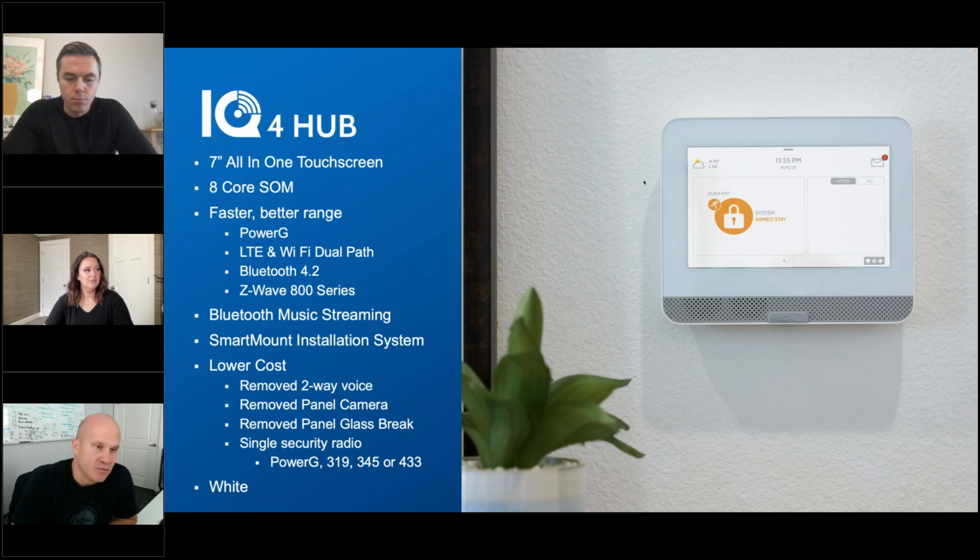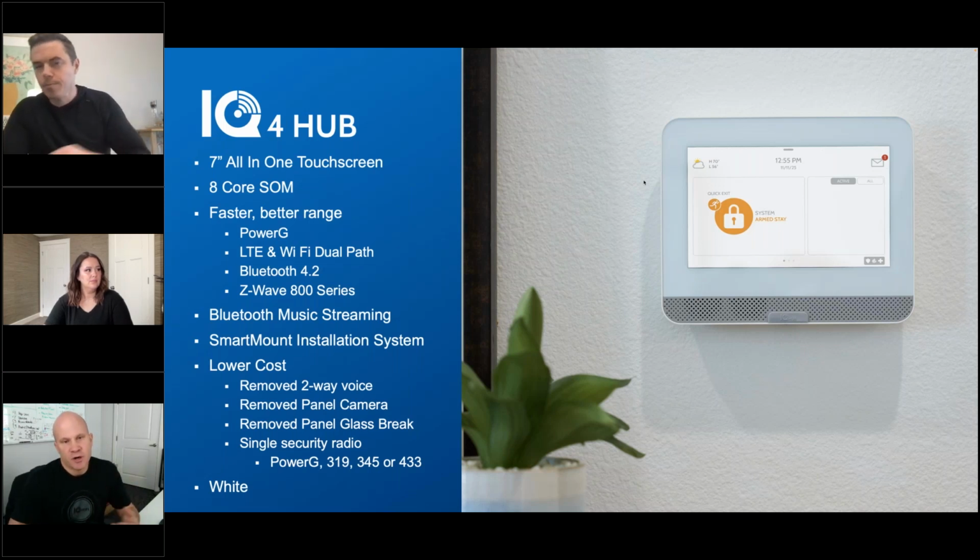And so what we wanted to do was leverage the same platform, the awesome fast nature of the Qualcomm chipset, all the work we had done on IQ Panel 4, but find a way to bring the cost down for many of you who aren't using all those features all the time. Also to open up new verticals, new markets like builder programs and MDU, smart apartments, or just flat out as your everyday panel. And we'll talk about that here in a little bit. And Eric's going to share some of his experiences and why he chose IQ Panel 4. But as a quick overview on IQ4 Hub,